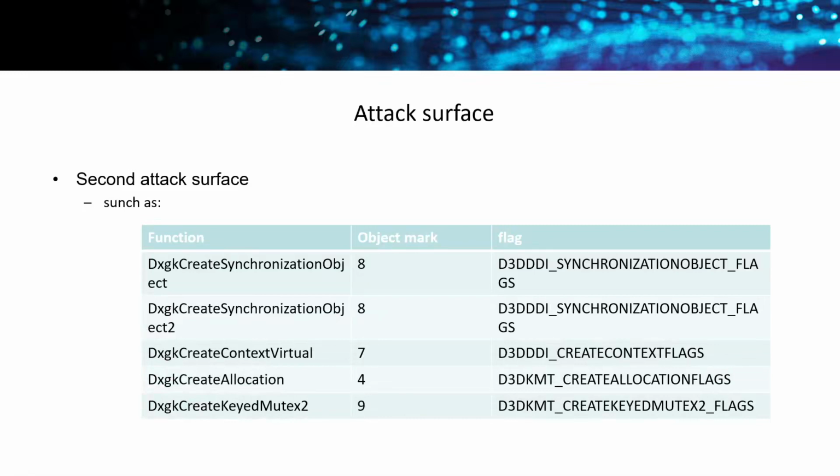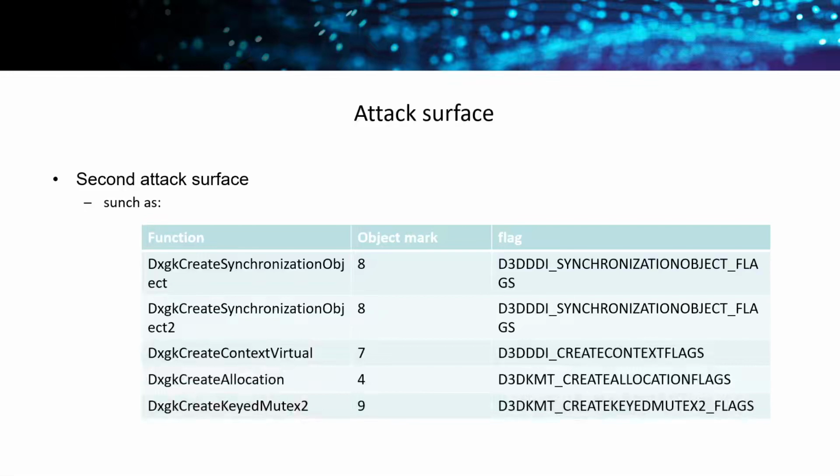And in other functions, it can get more paths in the same function because of its different flags. We use these different flags to generate different objects. These objects take different paths when they are referenced in other functions, so this can increase our coverage feedback rate. The figure shows the flag struct, all related functions, and the object mark in the kernel,